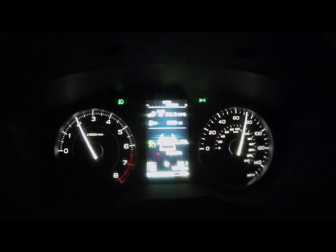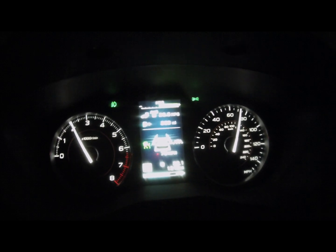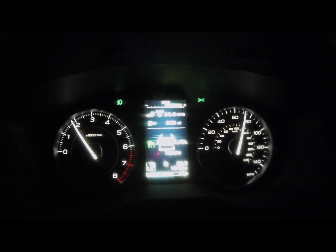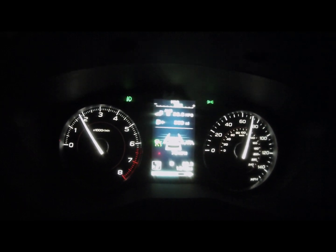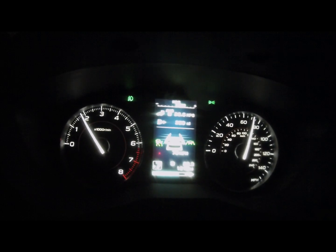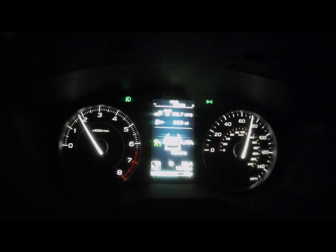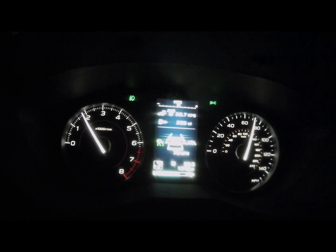But what I like about the manual mode in this car, see, it went back to 6, I want 7. What I like about this car and this car's manual mode is it holds gear. It holds the gear that you want, even though it doesn't have the power. You saw earlier, it was holding 7, even though it needed a downshift, but since it's in manual mode, it's